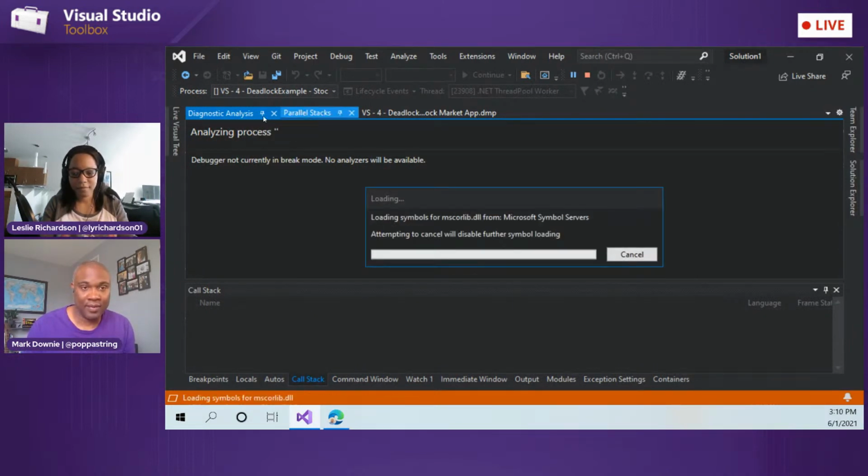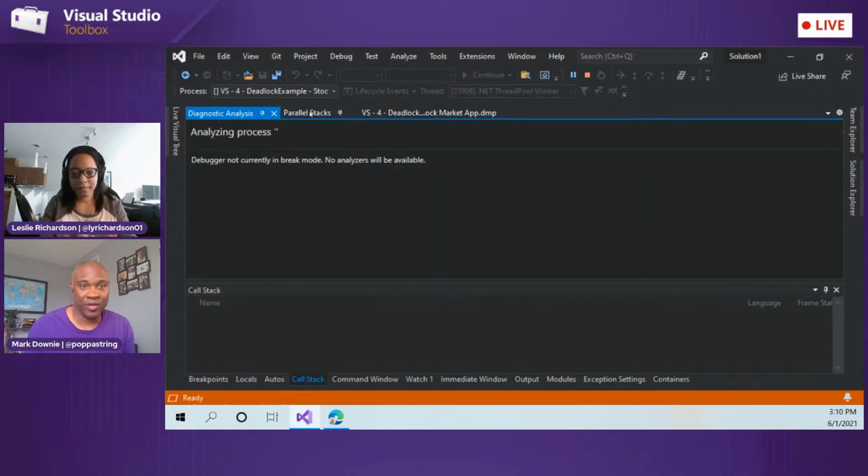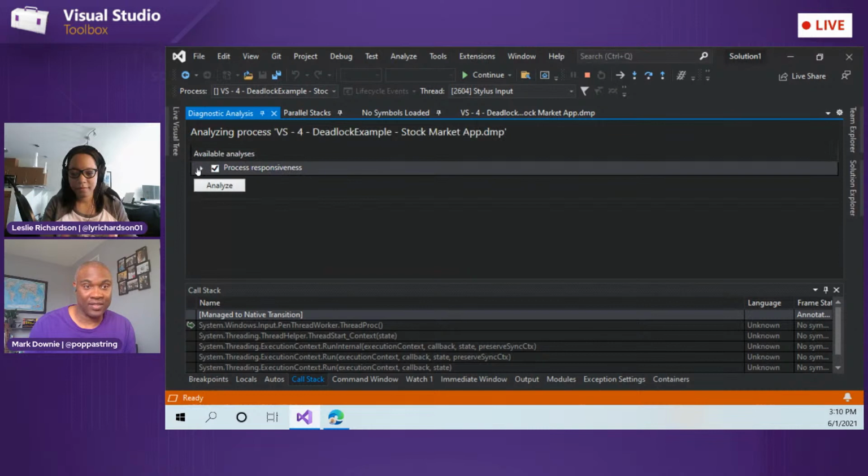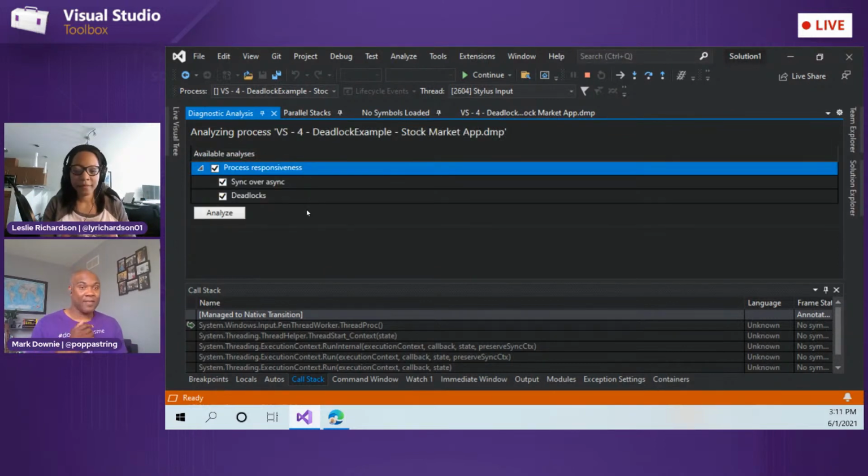And it's going to go try load symbols. We'll forego that for now. Wonderful, let's go here. All right, this time it's making these analyzers available to me, and it's going to say,